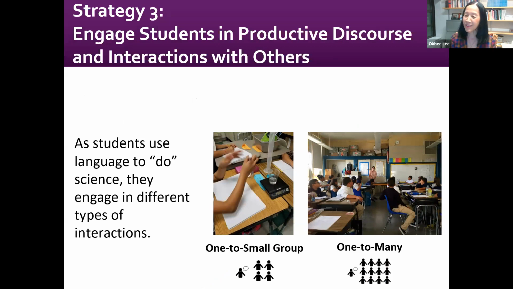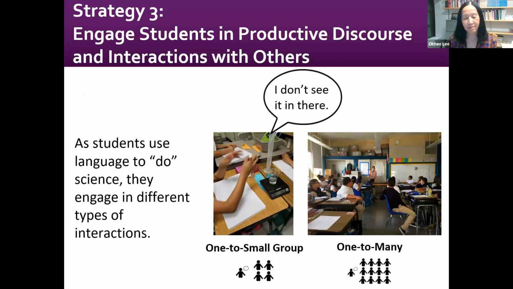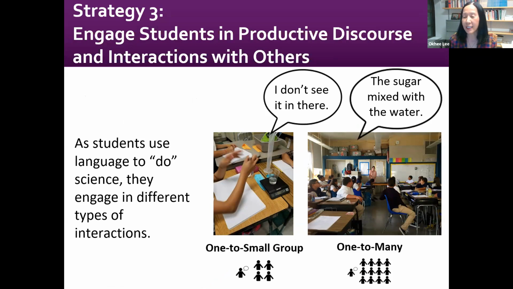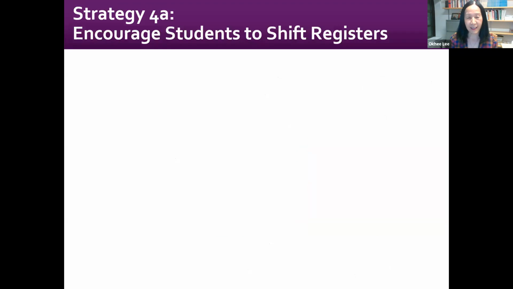And then strategy 3. I'm not talking about language strategies. I'm talking about using language to do science. Productive discourse that Susan, you're talking about. So you could say one to small group, one to many, and you use language in different ways because you use language in different settings. If you're talking to a small group, I don't say it explicitly because my partner knows what I'm talking about. But if you're talking to the large group, you have to be very explicit. When you write a report, you have to be super explicit. When you write something for the public, you have to be. So it's using language in different ways. We already did 3 strategies: phenomenon, practices, and discourse.